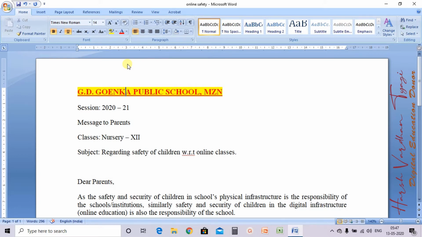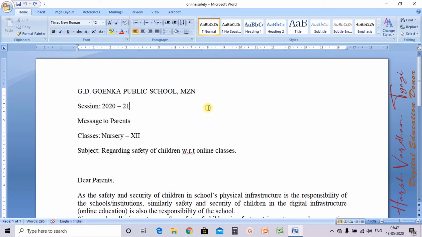Now in style, I am just undoing it so that I can tell you. In style, we already have some built-in formatting options that we can directly apply, without clicking every time on bold, then making the font style, changing font size, and making colors. So you don't need to do it individually.